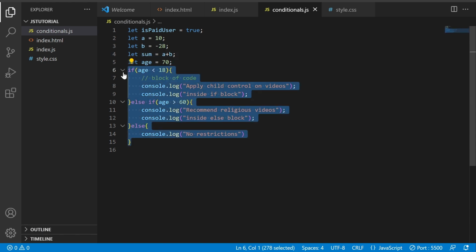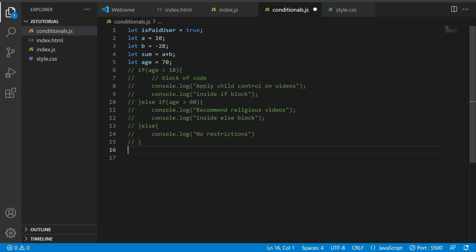Let me just comment this part. So we will first check if the user is a paid user or not. Inside that we will check if this user is a corporate user, meaning if he has logged in with his corporate email ID or with his own personal email ID. Some companies buy licenses in bulk and share those licenses with their employees.